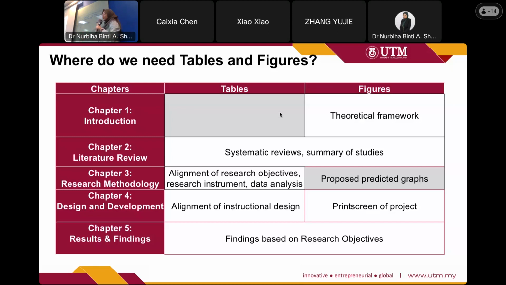So in chapter 4, we have a very important table. We call it the table of alignment of instructional design. This is a very important table in chapter 4. What this alignment of instructional design table means is that it aligns your learning approach with the development of your system or of your learning environment. For example,